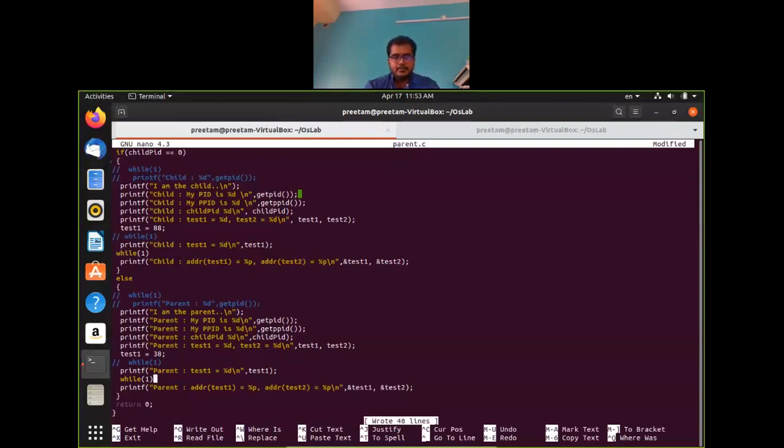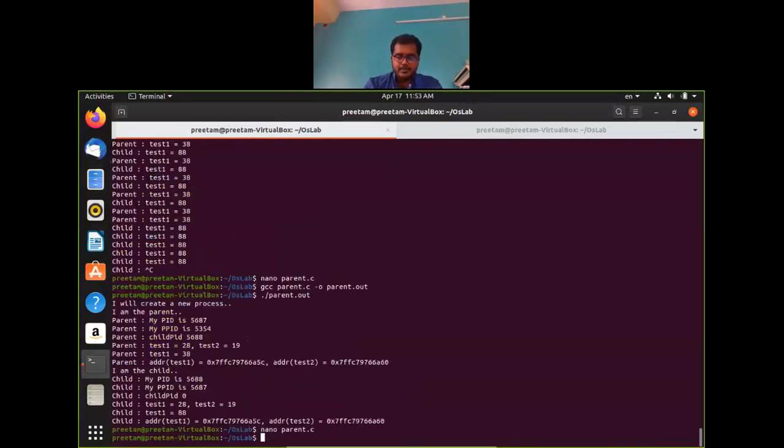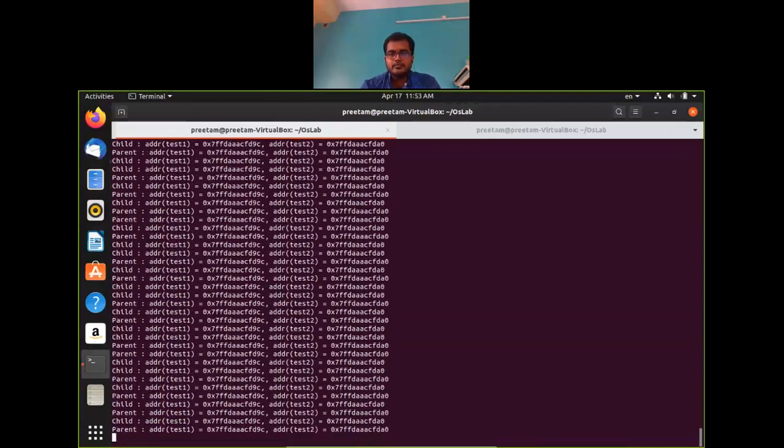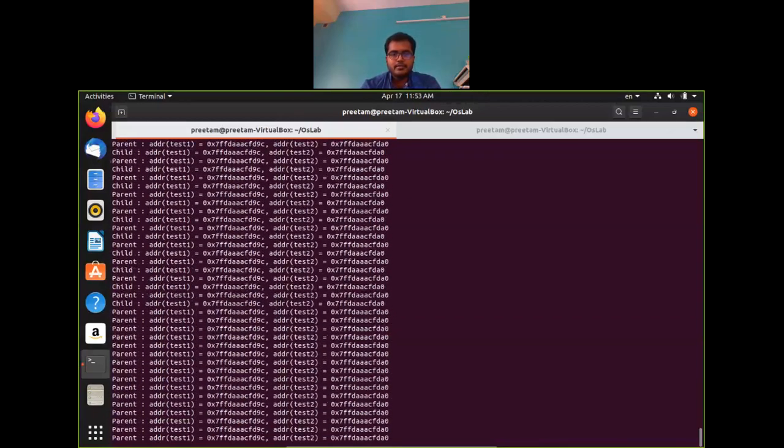Okay. Save it. So we'll make an infinite loop in this process, so these two processes keep alive until we do some experiment. So save it, exit from it, compile it and run it. Now it is infinitely showing these two address values which are same.